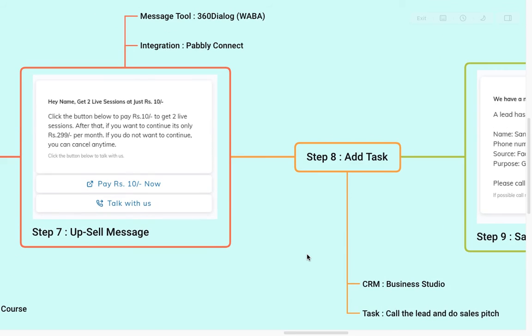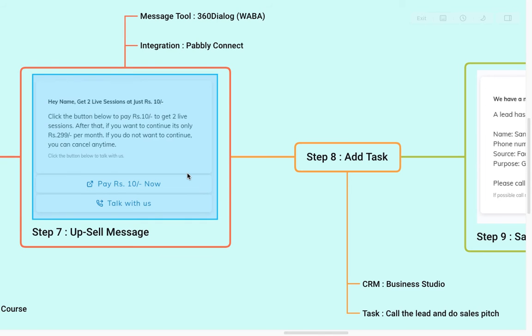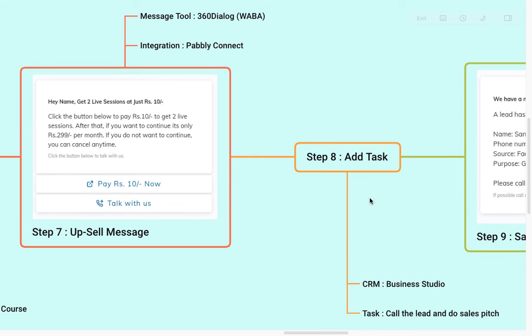Now this process is happening within a few minutes, and there is a sequence of actions happening one after one. But it is quite prompt. It's pretty fast, right? So we are sending this message to the customer. In the meantime, we are creating the task in the CRM.